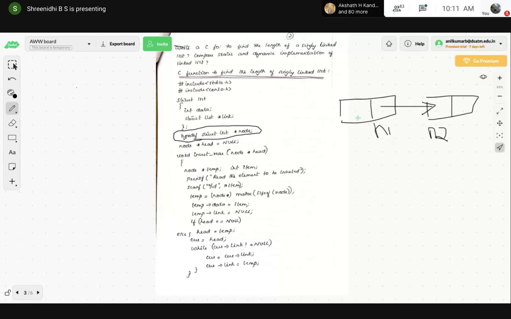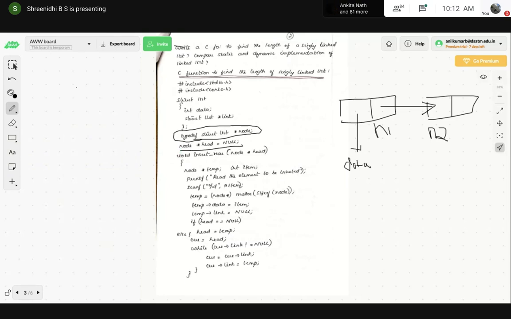And in turn, typedef struct list star node. This star node will act as a structure variable, that is, a structure name again. Since we have made it a typedef struct, an alias name is created. Using that, we have created a node head. So the first node head will always be null. There will not be any link created for the first node.